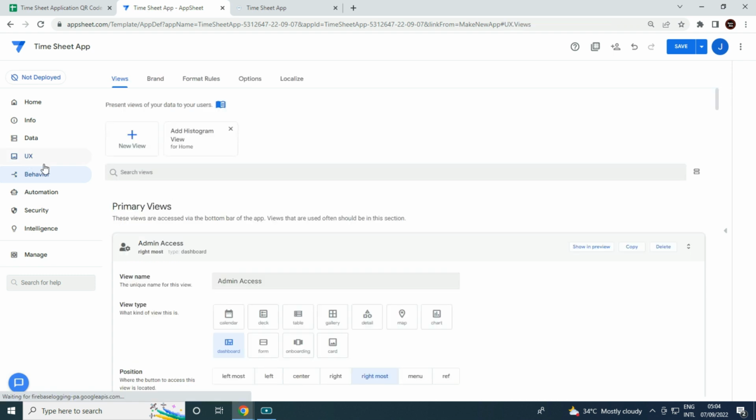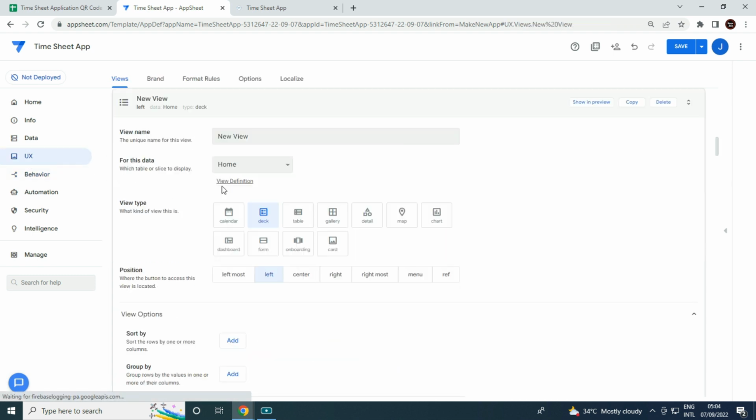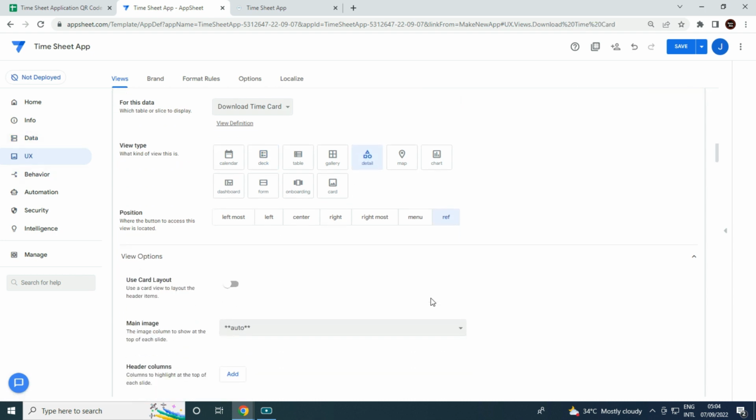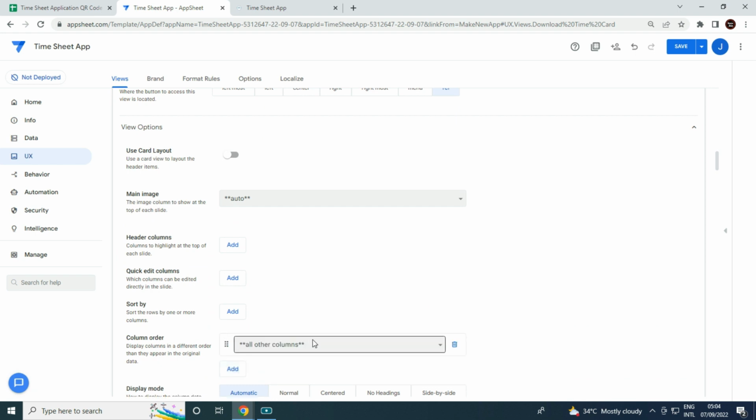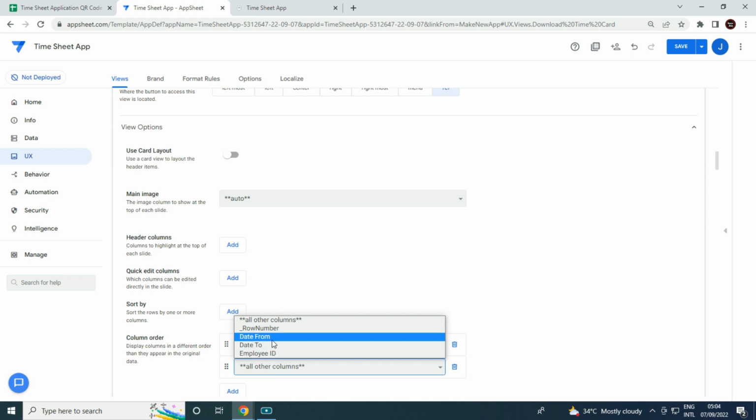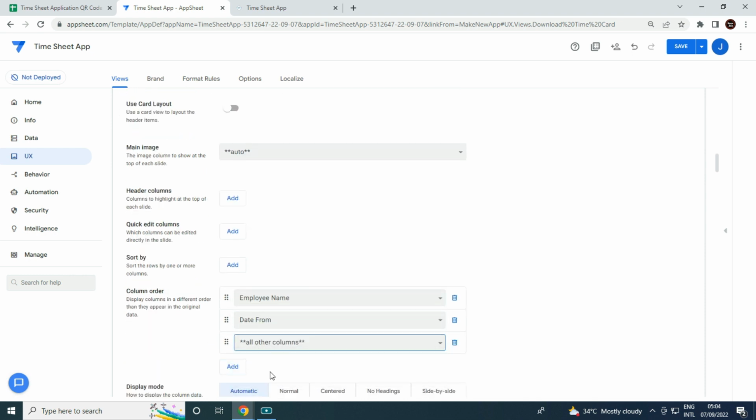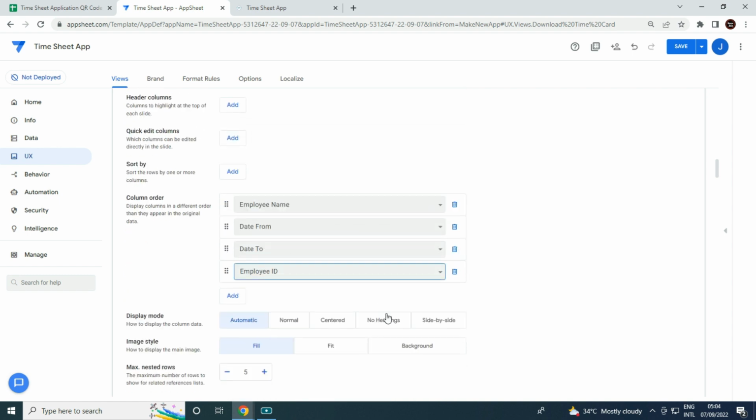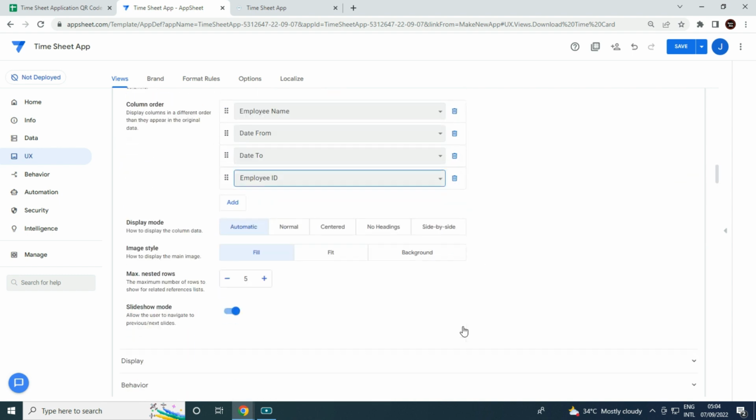I'm gonna use this. Then once you're done with that, we have to create another view, which is now for download time card. So this is download time card. Keep it in detail view and reference, then column order. So let's say employee name first, then date from, date to, then last is the employee ID. Keep it in reference,